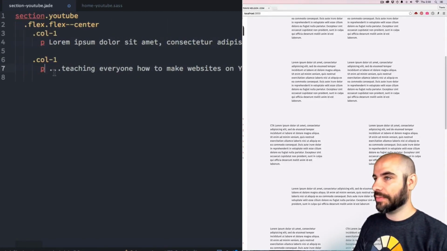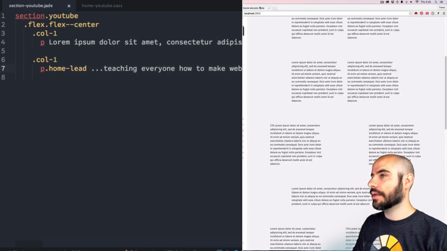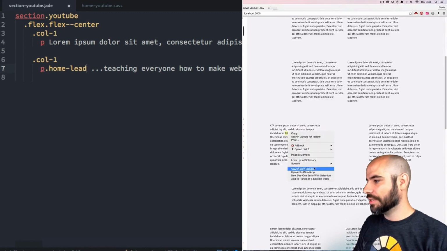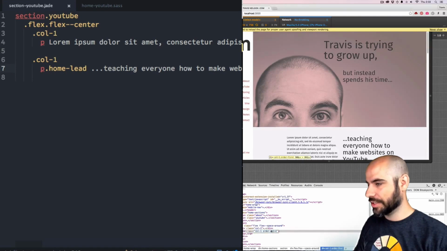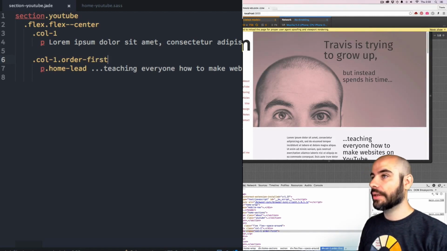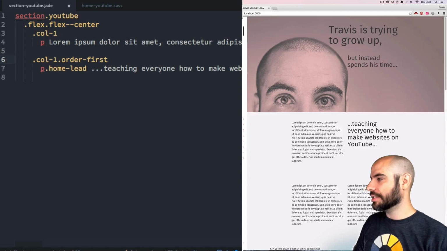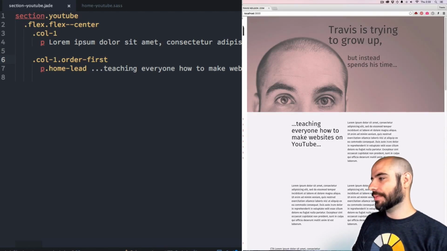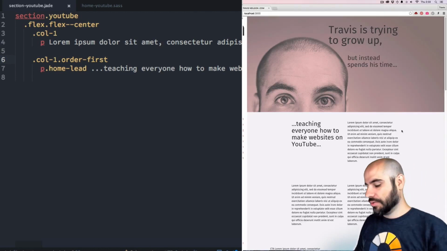Okay, and this is going to be called home lead. And there's a class on these ones that are in the CTA. I think it's called order something. Okay, order first is the class that we want to use. So column 1 dot order first. Now, see where it says teaching everyone? Yep, there it is. It's on the left now. So it's on the left, and then when we squeeze it down,